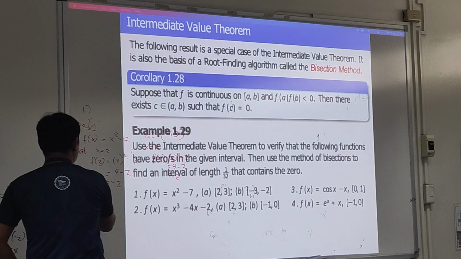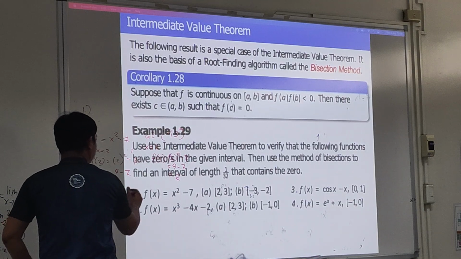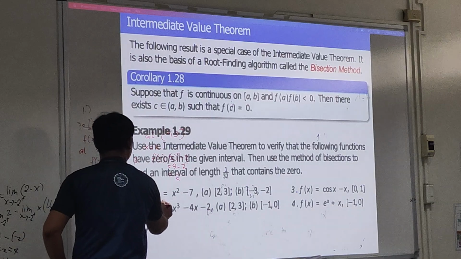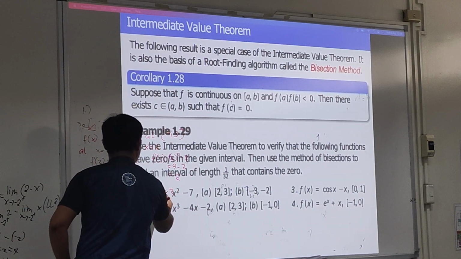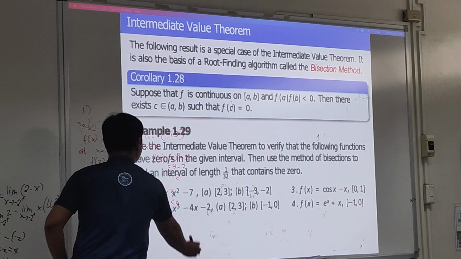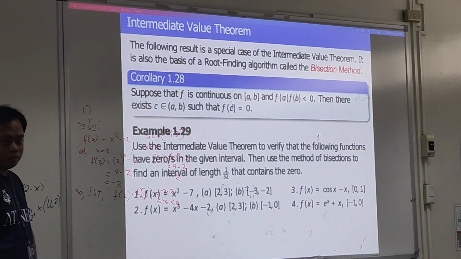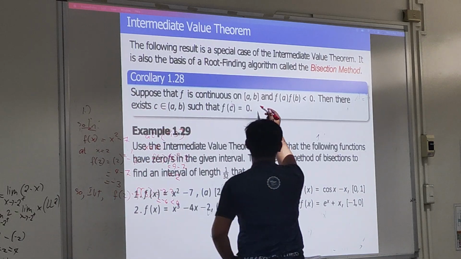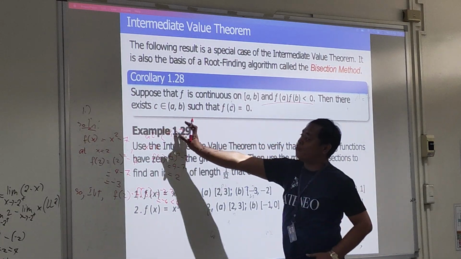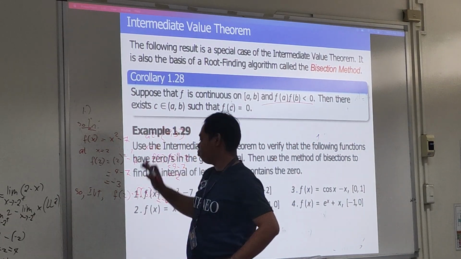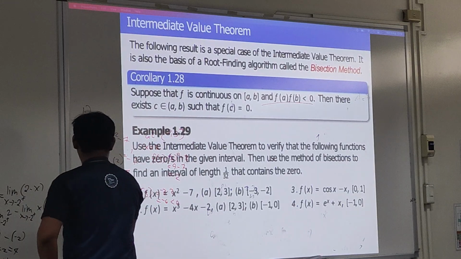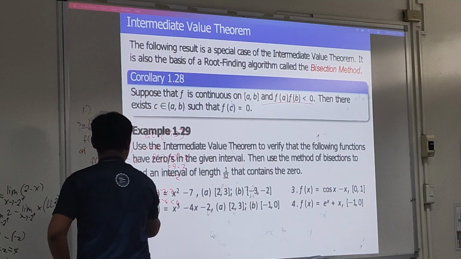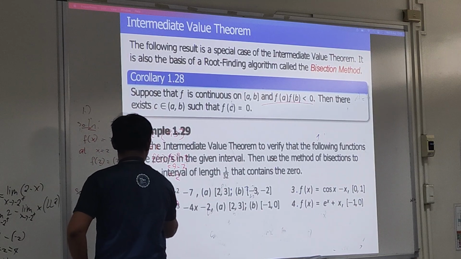So by IVT, what do we have then? f of 2 times f of 3 is just negative 3 times 2, no? So negative 6, less than 0. So with that, by this result, you can find the number C. It follows that there exists C1, an element of your